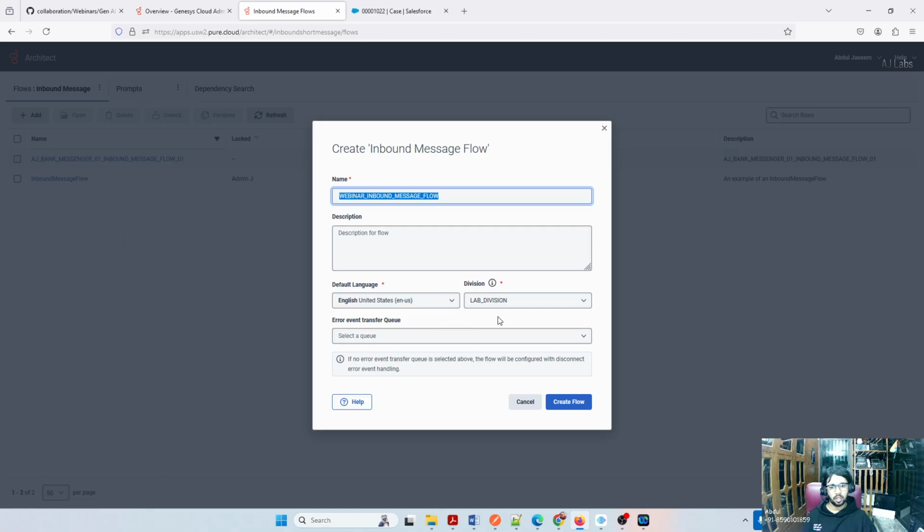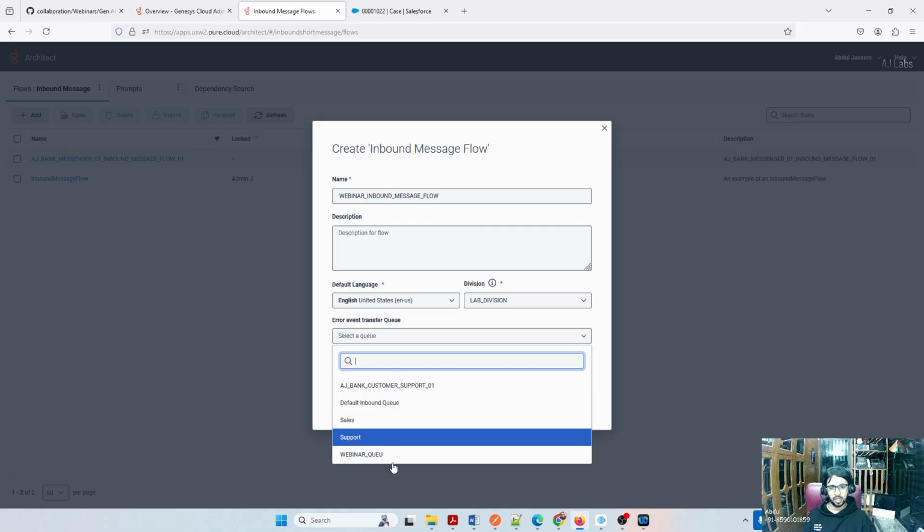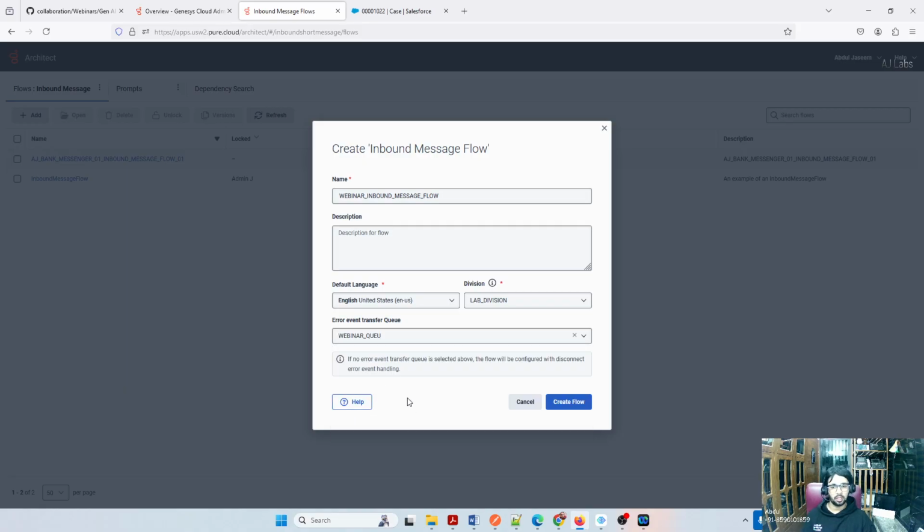That's where I'm configuring, and of course it goes to the lab division. And error event, don't transfer. If any error comes or any logical issue, somehow the flow fails, I can directly transfer that to my webinar queue. That's a logical thing, right? It's also an error handling thing. So you guys were asking, if an illogical input is given to a chatbot, what happens? There are ways to capture that in the bot flow itself, but even if your bot flow fails and this flow fails, we still have an option to get the user transferred to a real queue, and a live agent will be there to assess the user. So it's optional. You can select this or you can ignore it and create the flow.